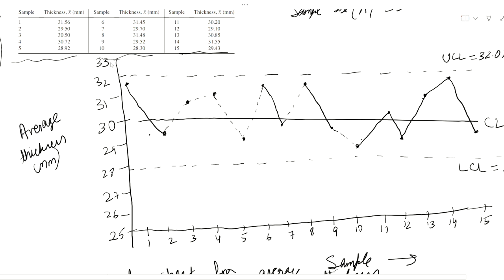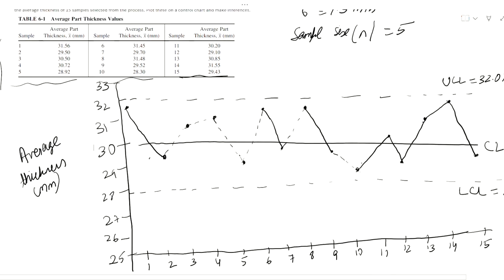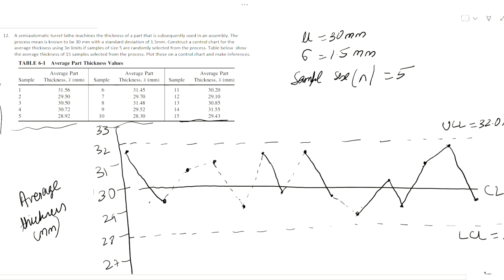With this we found the points and connected them in order, from sample 1, sample 2, sample 3, sample 4, sample 5, and this continues. Now for this question, all the values are within the control range. But in the next question,